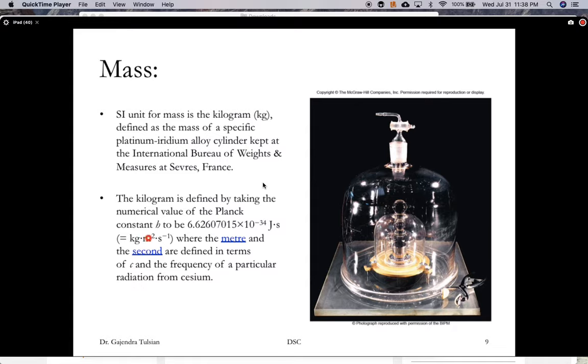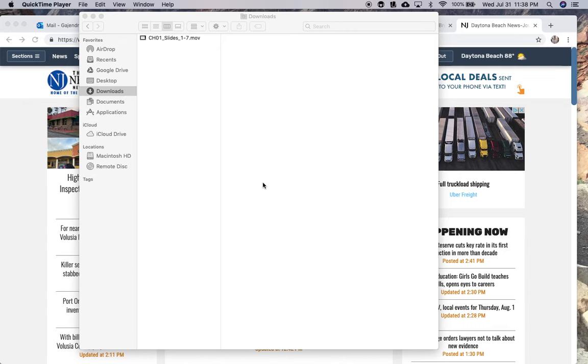Now we've already defined meters and seconds. So if you want 1 kilogram, all you do is take the value of Planck's constant, divide by meter squared times a second, and that'll give you 1 kilogram. Okay, so that's how you define the kilogram. So here's a very precise definition of a kilogram. Okay, so now the next thing we want to